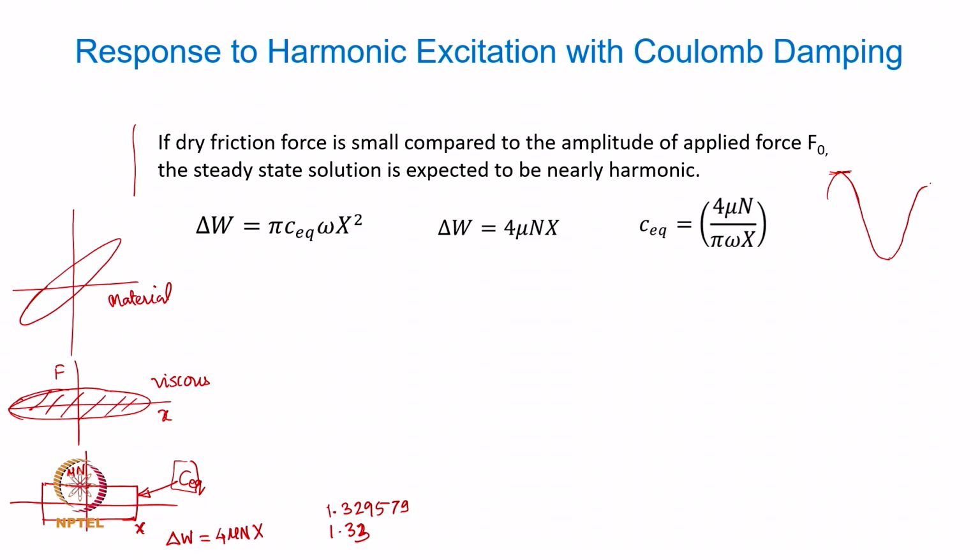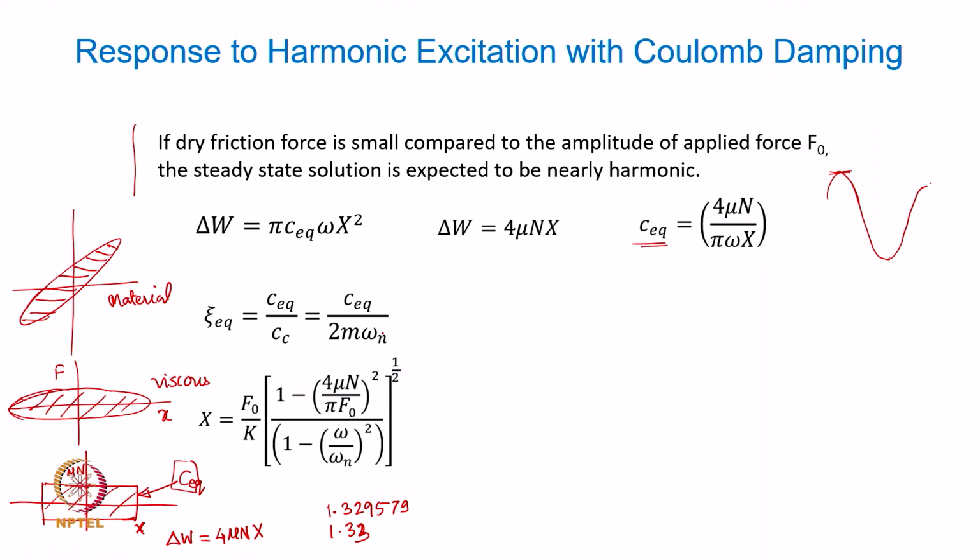So, what we do is you equate these delta W for both the cases and then get an expression for an equivalent viscous damping even if the damping is not viscous. So, you may equate that area which you can find experimentally from a material damping or from a friction damping case. Now, when C equivalent is obtained like this, obviously the damping factor equivalent can be obtained in the same way. Okay. So, you know that Cc is 2 m omega n, and by using that you can get a